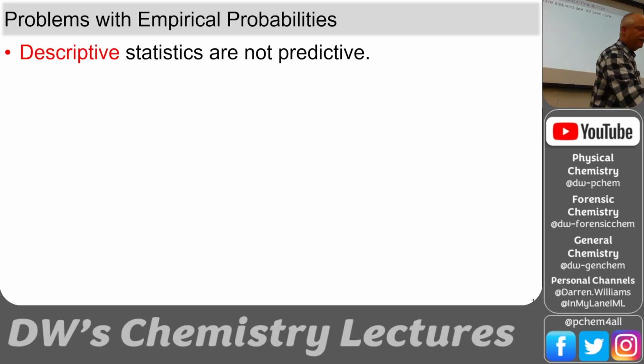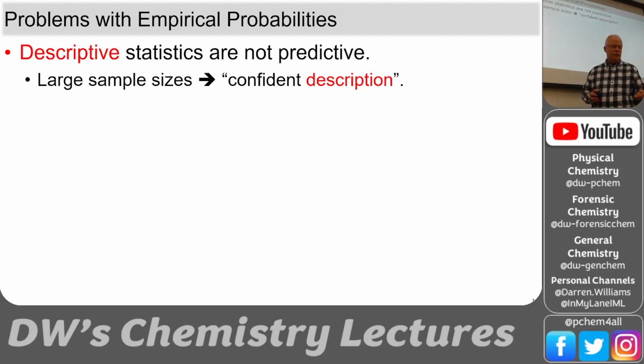So how can I take the descriptive statistics of any situation? Let's say life expectancy, okay, for males in the United States, let's say 74 years. That's the descriptive statistic. But what does that mean to me as an individual? Not really anything. It's not going to predict that I'll die at 75. It's describing the population, but it's not predictive. Now, when they say all things being equal, that's the equal probable thing. There's an equal probable chance that I'll die before or after 74, but that would be the mean life expectancy.